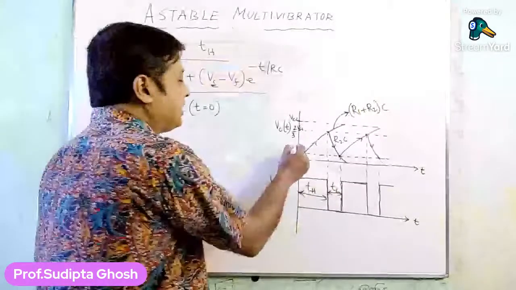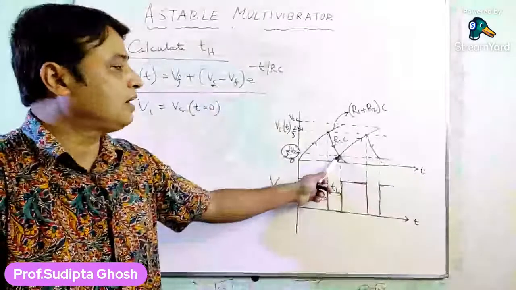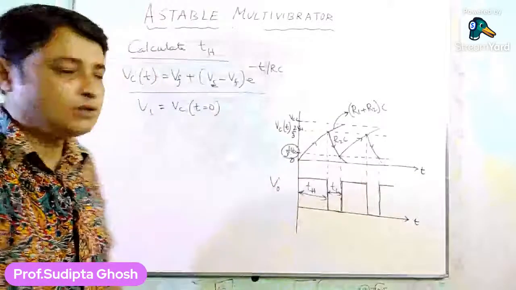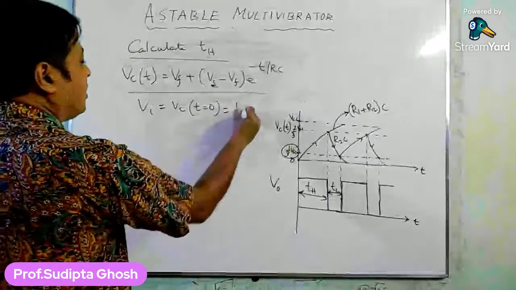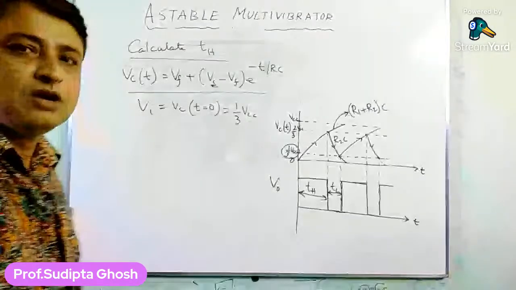When the initial voltage is 1/3 of VCC, from this particular point, every time the capacitor goes to charge. So what will be our value? The initial value will be 1/3 of VCC. Is it okay? Why have I considered the value VI equals 1/3 of VCC, not the value of 0 volts? Because the capacitor starts charging from the value of 0 volts for the initial part